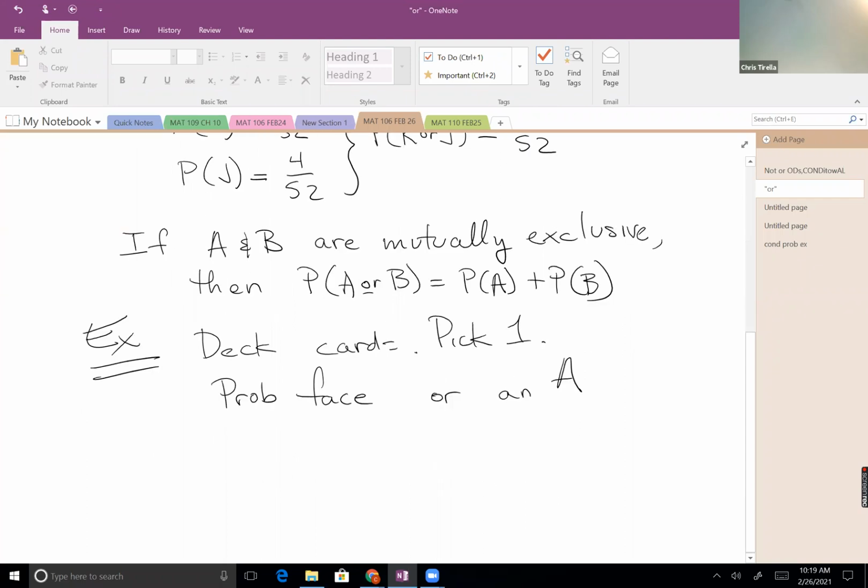Okay. We said aces aren't faces, so faces aren't aces, so they are exclusive. So if I want the probability of a face, that's king, queen, jack in each of the 4 suits. So that's 12 out of the 52. The probability of an ace, that's 4 out of 52. So putting those together, the probability of a face or an ace